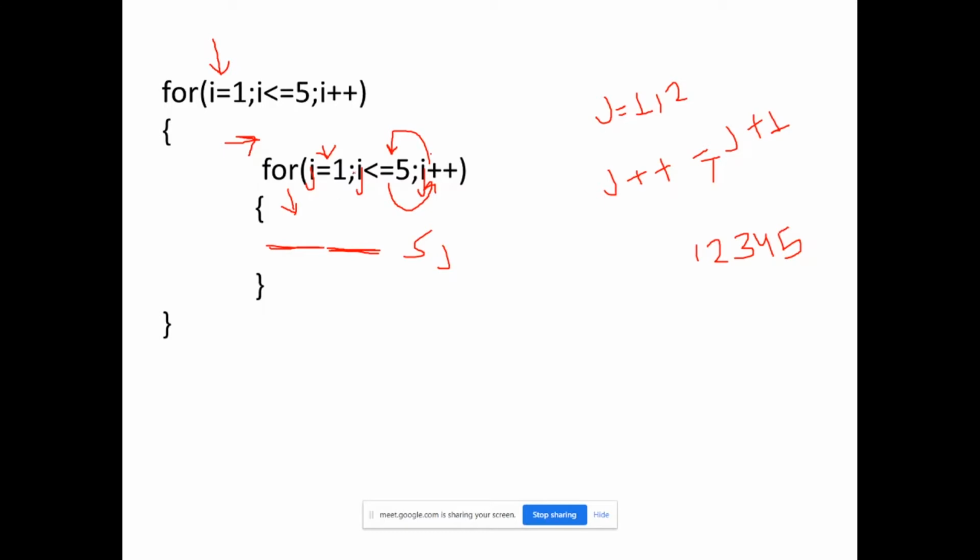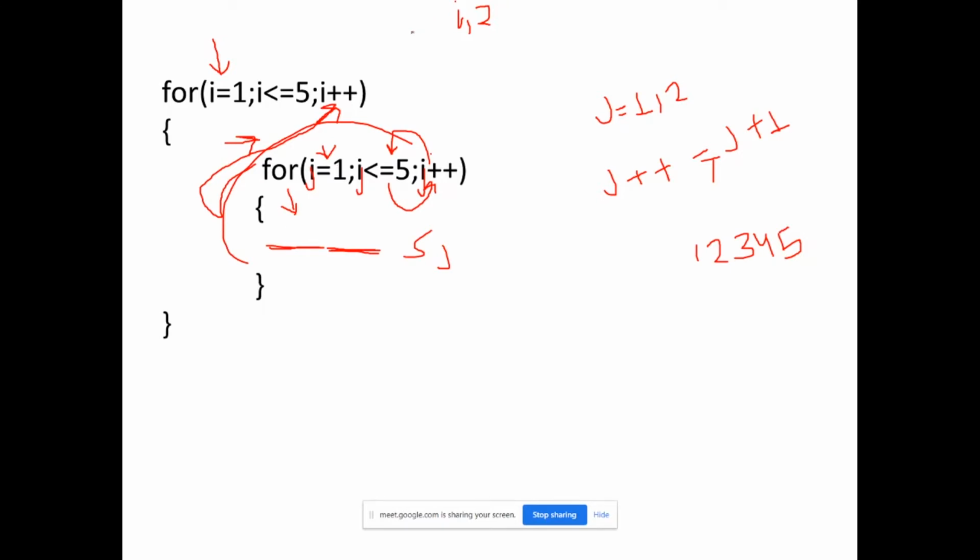Then the execution goes out of this loop and increments the outer loop. So the i value will be 2. Again, because j is 1 and less than 5, this loop will run 5 times.